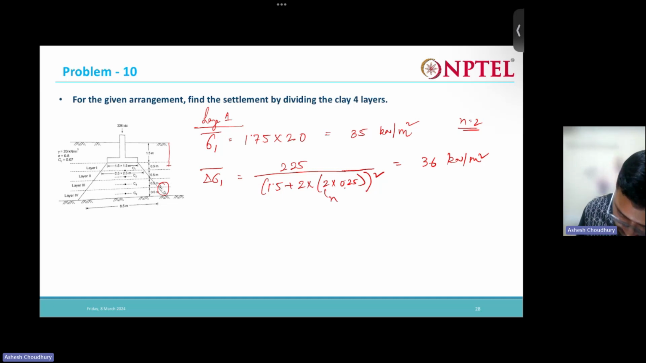Why 0.25? Because from here to here it's 0.25, right? Hope you understand. So 2 horizontal to 1 vertical. Horizontal I don't know, vertical I know. 2 into this, both sides will have that part. This comes to 36 kN per meter square. Therefore S1 will be,